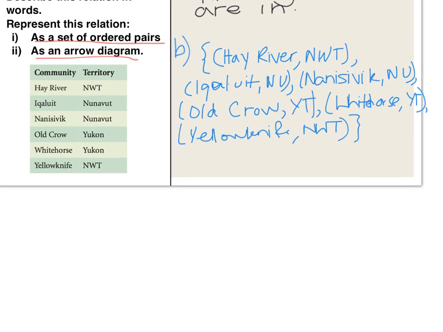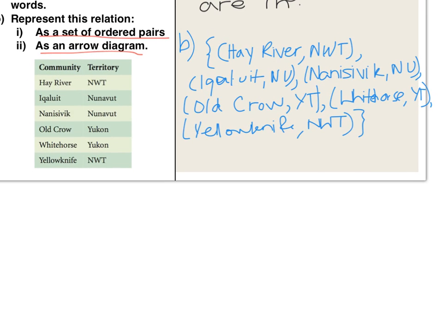Now let's do an arrow diagram for this. For the arrow diagram, I write down all the communities. So I have Hay River,